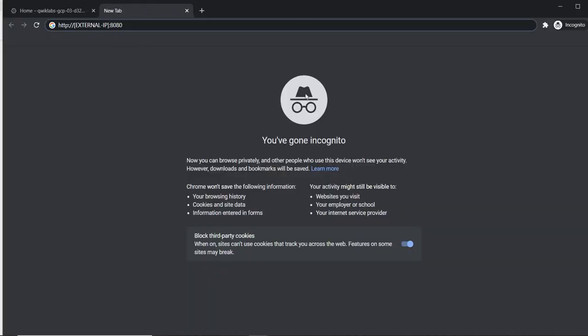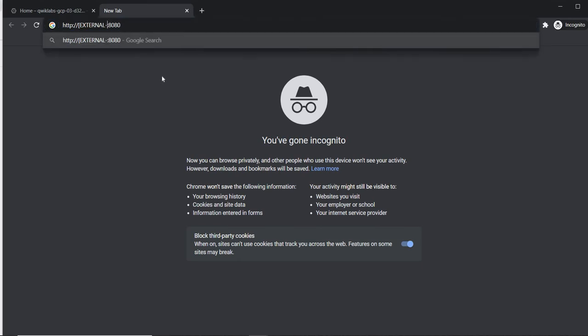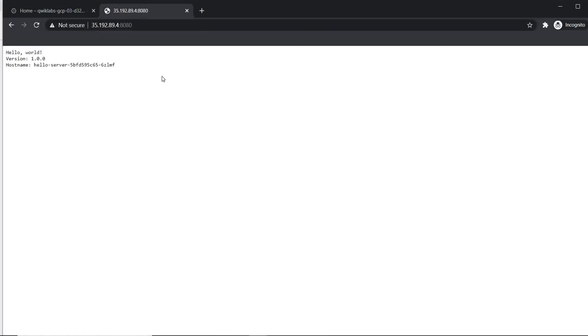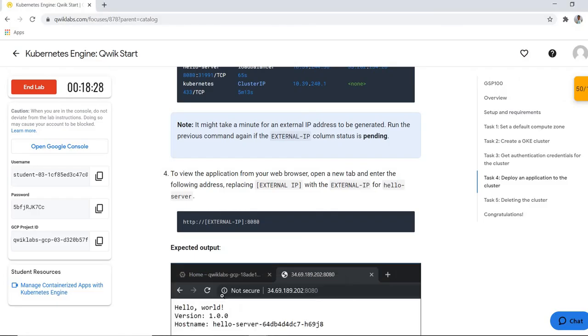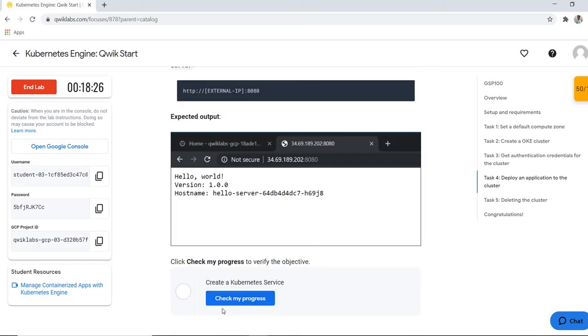Same manner. I'm just changing this external IP address, the external IP, and here we go. Hello World version 1.1. This is the app we created, and this is the required output.